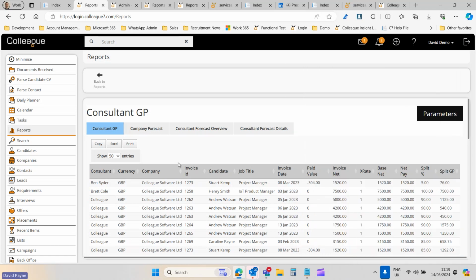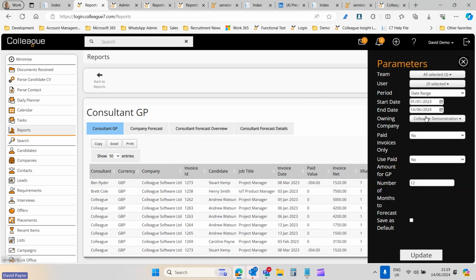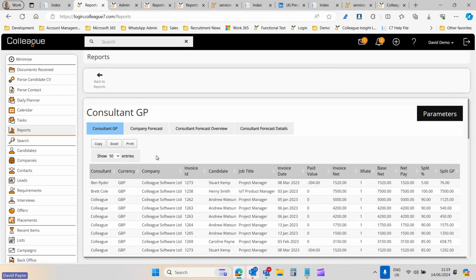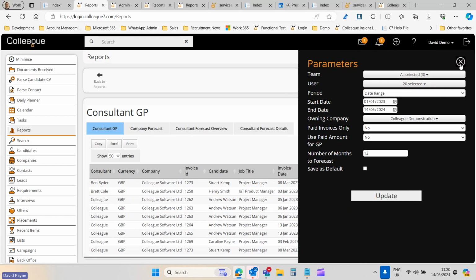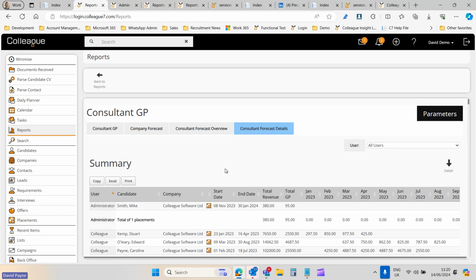But what that effectively means is you get the existing commission based on the date range that was entered. You get the entitled commission for the specified users. In this case, I've done it for a load of users on the system, but it could be specifically for a user. But then you also at the same time get a forecast from that consultant's perspective, moving into